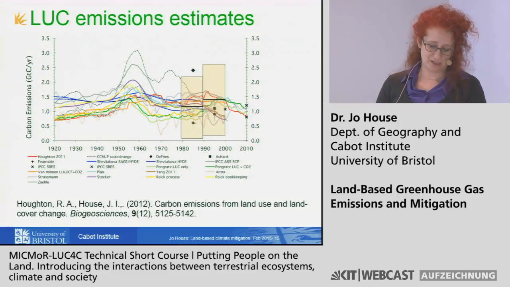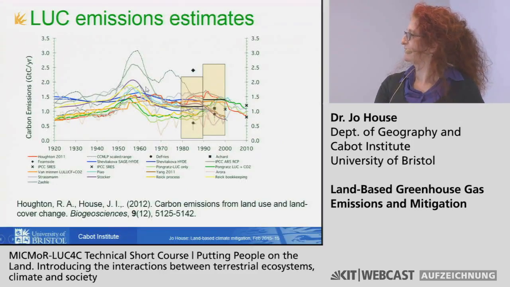And there it is in pictures. So I'm going to show you 2 or 3 of these horrendous spaghetti grams, where you've got lots and lots of different lines and different things going on. This was the one in the Houghton paper that those numbers were based on. And just to show you, Houghton is here in the red, and there you can see that in the periods of the 90s and the 2000s, particularly in the 90s, Houghton's running higher, at the higher end of most of the other models and methods.